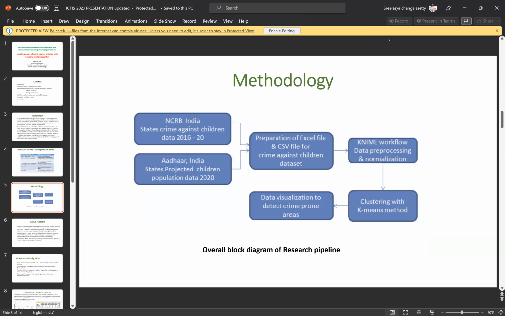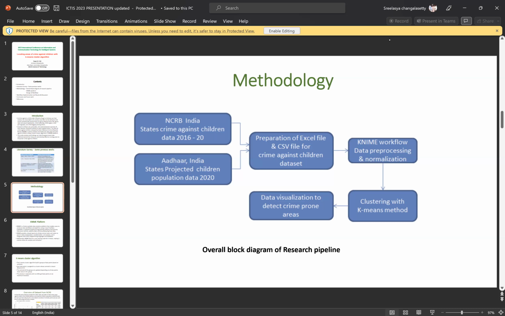So the methodology we used was basically we took data from the National Crime Records Bureau of India, the crime against children data set from 2016 to 2020. And the data set had a few gaps in it. So to fill in those gaps, we used data from the Aadhaar India States projected children population data set. Then we used an Excel file to clean up the data set, which we then used in KNIME, which is a platform,